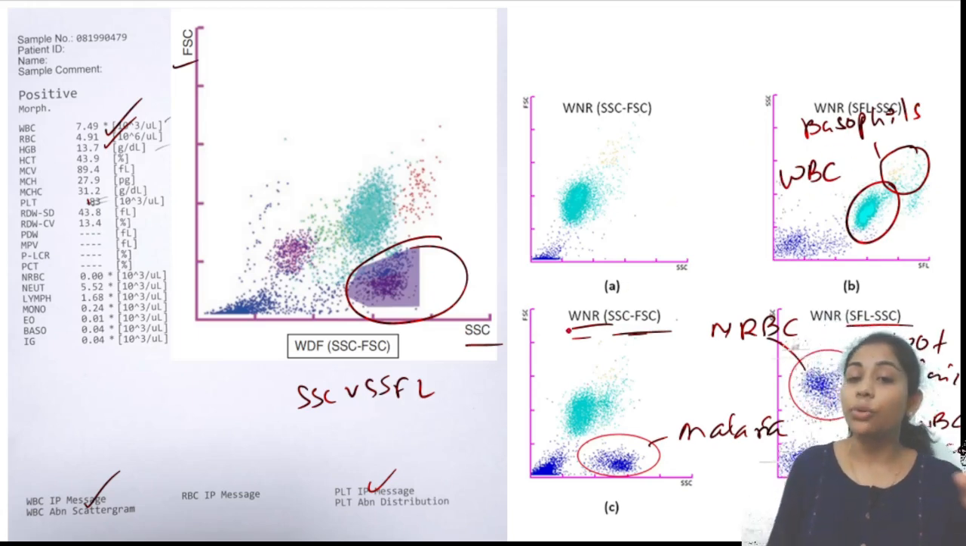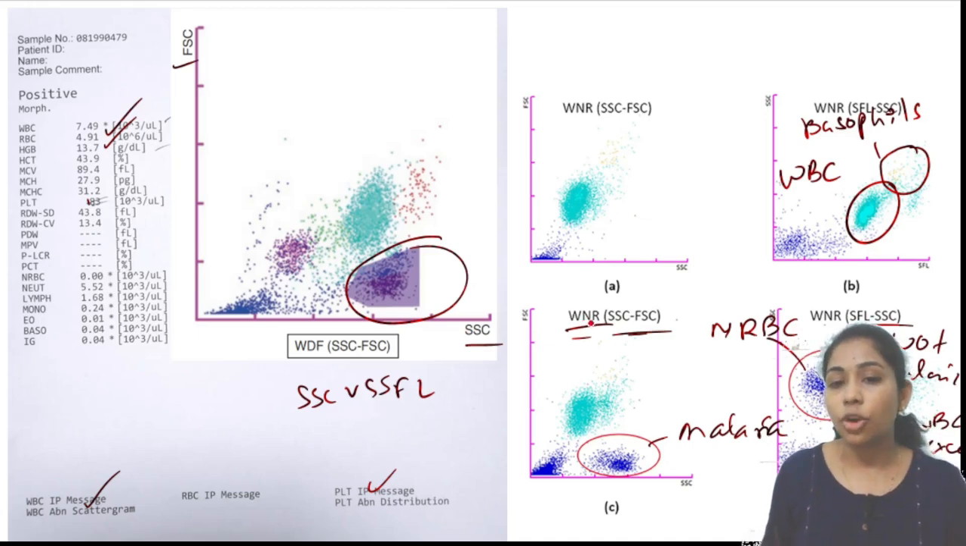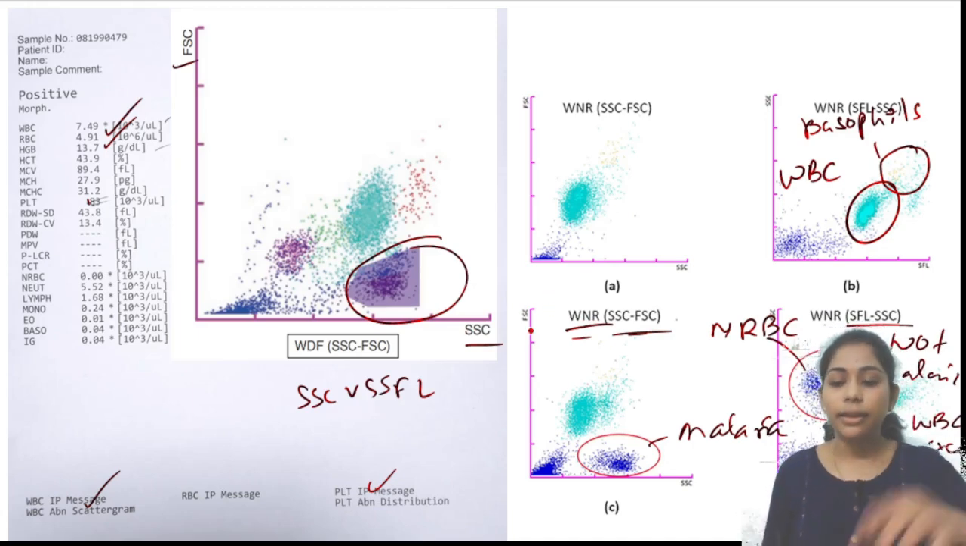So I want you to know, don't ever miss, even if the entire CBC is normal, teach your technicians to see the plots, so that we can diagnose this malaria. We don't miss these conditions. Clear? And the next plot is